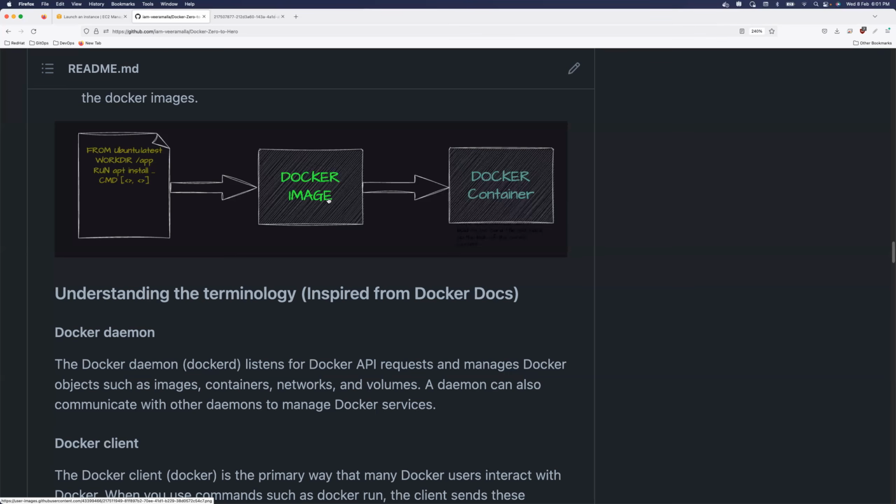They can run your application irrespective of downloading even a single dependency, because your Docker container or your Docker image already has all of those things, right? They can simply download your Docker image, execute the Docker image, create a Docker container, and they can run it on any platform. So this is the beauty of it.